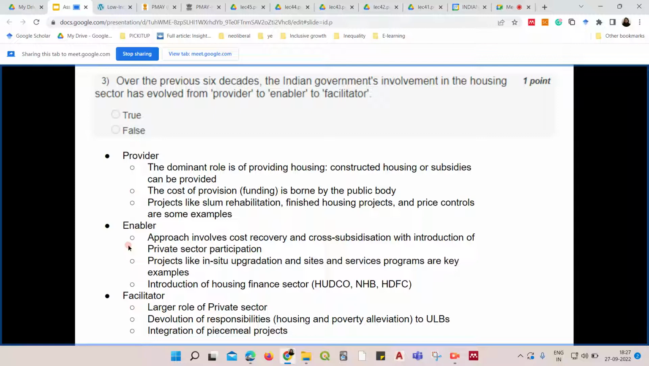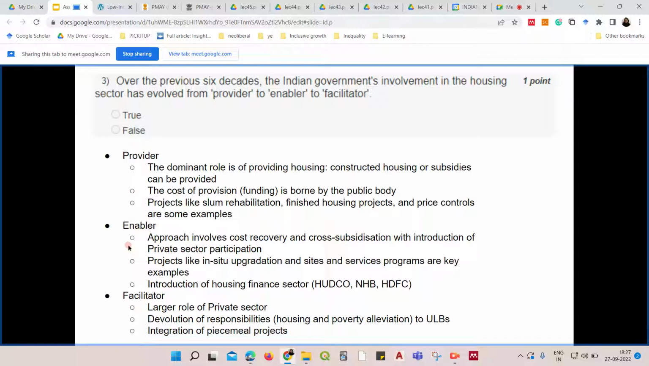Again, some chunk of the land which is being developed is kept aside for development of EWS and LIG housing, and the profit from MIG and HIG is then used for funding the housing of EWS and LIG. So such kind of projects you can see are examples of the enabler. Another